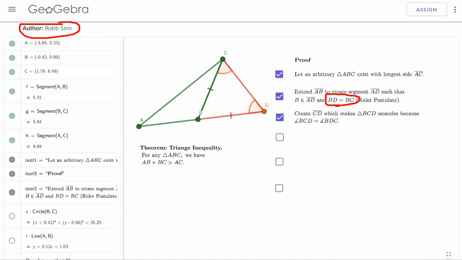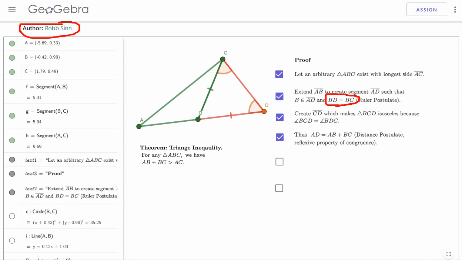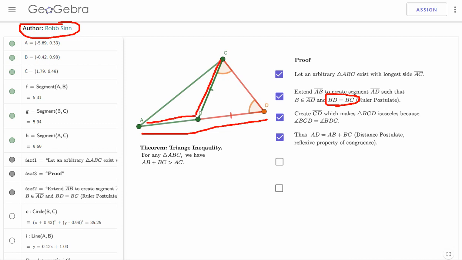There we go. And the next step in the theorem, now that we know that it's an isosceles triangle, after we create this line segment CD: we have a triangle that's isosceles. And then we know that this length AD is equal to AB plus BC. So that's interesting, right? This whole length AD is equal to the length AB plus the length BC, which is the triangle inequality. That's what we want to prove. We've just added this ancillary line here to make this whole big line segment available. Why? Well, you'll see that